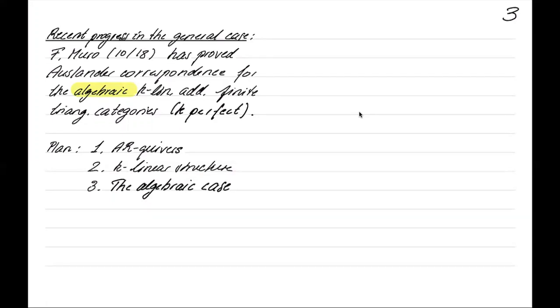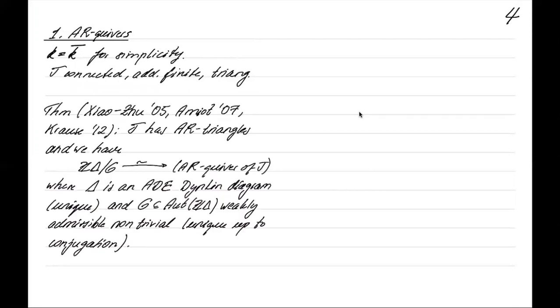Okay, and so let's start with the Auslander-Riedtmann quivers. Let's work over an algebraically closed field for simplicity. And let's take T, a connected and additively finite triangulated category over this field. Then Xiao and Zhu in 2005 describe the Auslander-Riedtmann quivers. Well, first of all, of course, one has to show that there are Auslander-Riedtmann triangles, or equivalently, the category T has a Serre functor. And then the Auslander-Riedtmann quiver is well defined, and we can describe it as